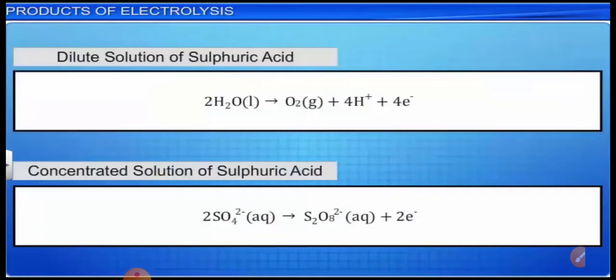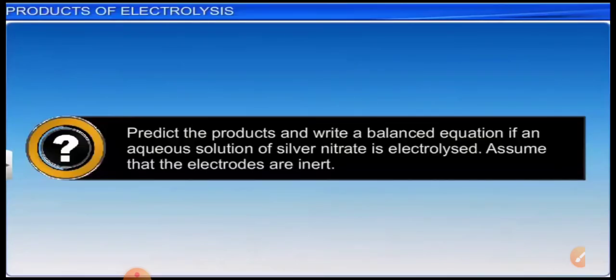Okay, now the next point we have is the electrolysis of sulfuric acid. In this case again, water will produce hydrogen ion and oxygen gas, and the sulfate ion is eventually oxidized to H2S2O8, the persulfate. It should be remembered; it is a quite simple reaction. It's good if you can know it.